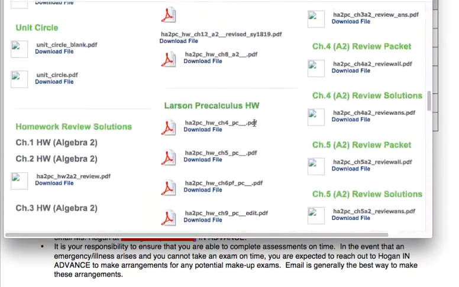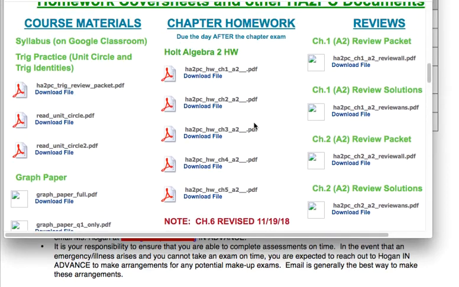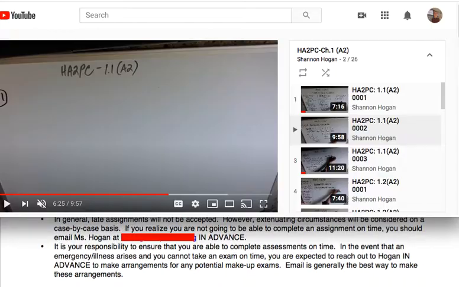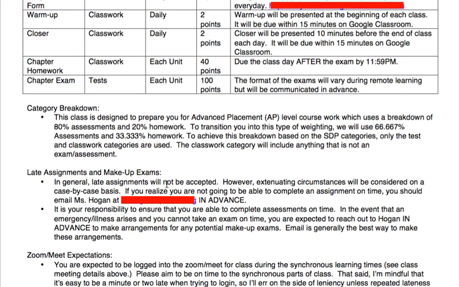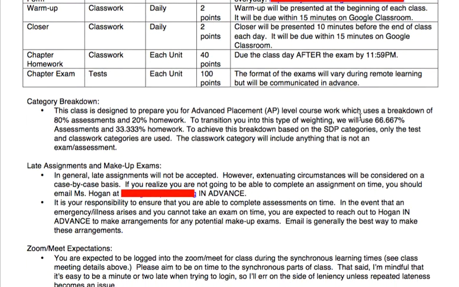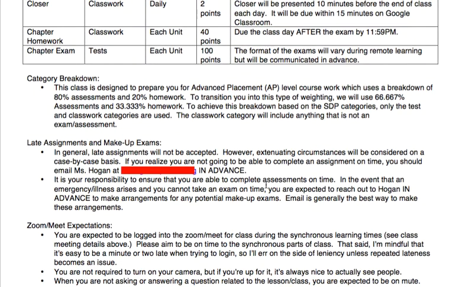I have to figure out what our actual exams are going to look like. What they looked like in the spring was a Google form where you filled out stuff and then uploaded pictures for free response, right? So we're going to figure it out. I don't know what it's going to look like, but they will in all likelihood still use those reviews that are on the website. Category breakdown.